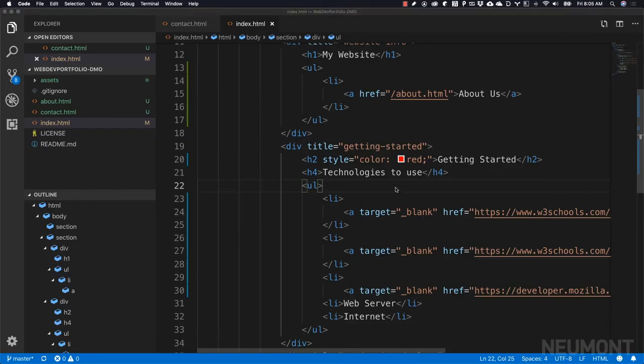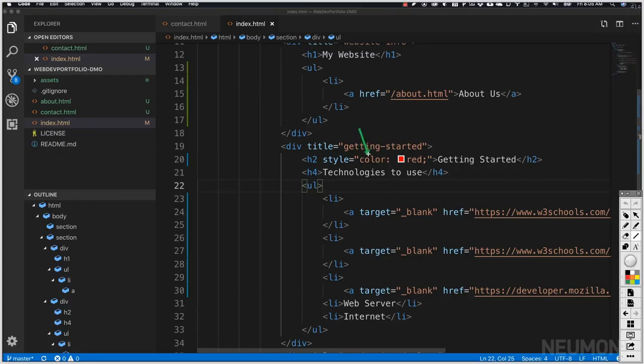And so what I mean by that is the color is the key, and this red, or the actual value, is the value that is paired with this key. So when CSS reads this style right here and begins to alter the look and feel of our page, it's going to see that this property right here is referring to the font color of the text within this H2